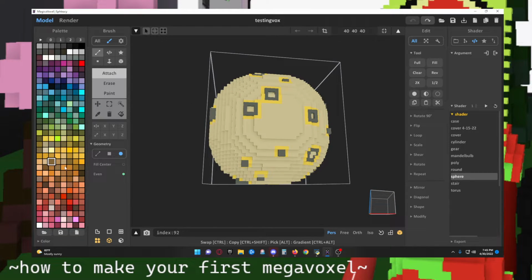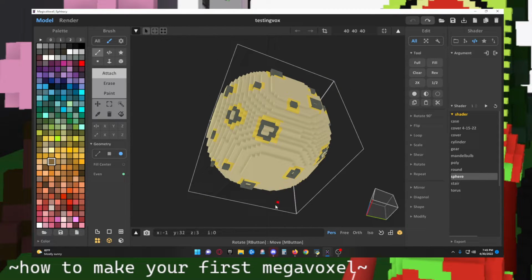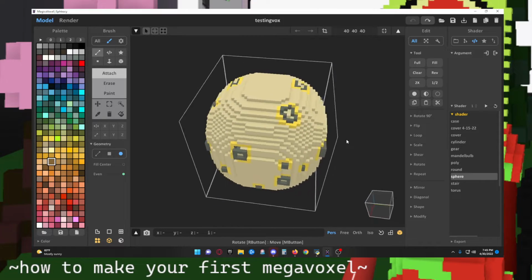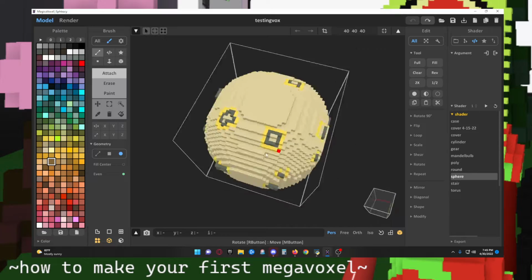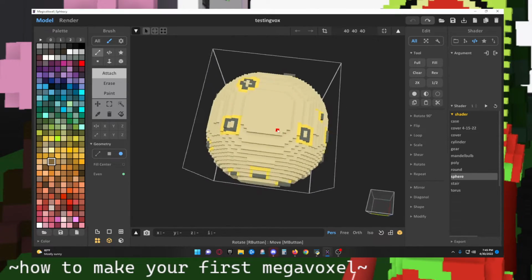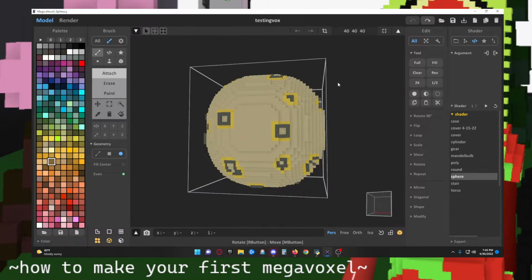And I just played around with the colors to find what I like. This one kind of reminds me of a Pokemon. I can't remember the name of it, but anyways, so this is my moon. So after you've finished your model, now we can